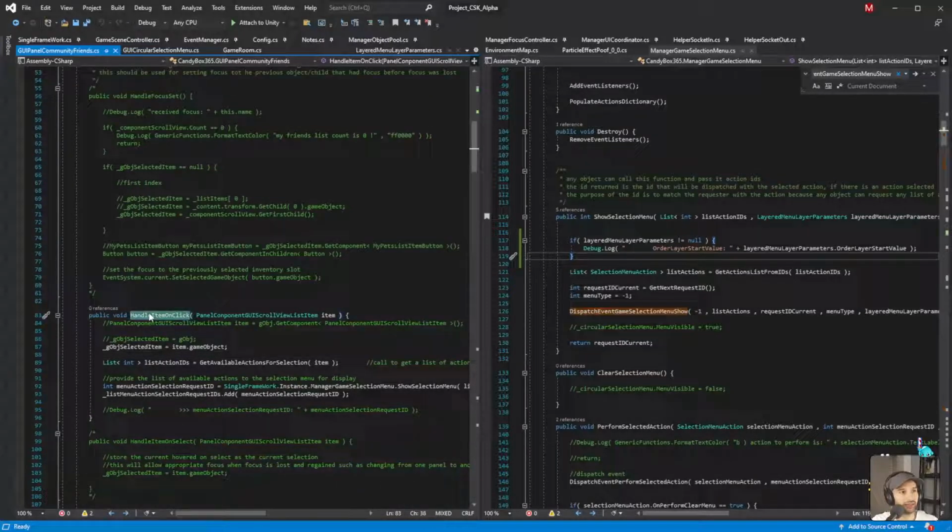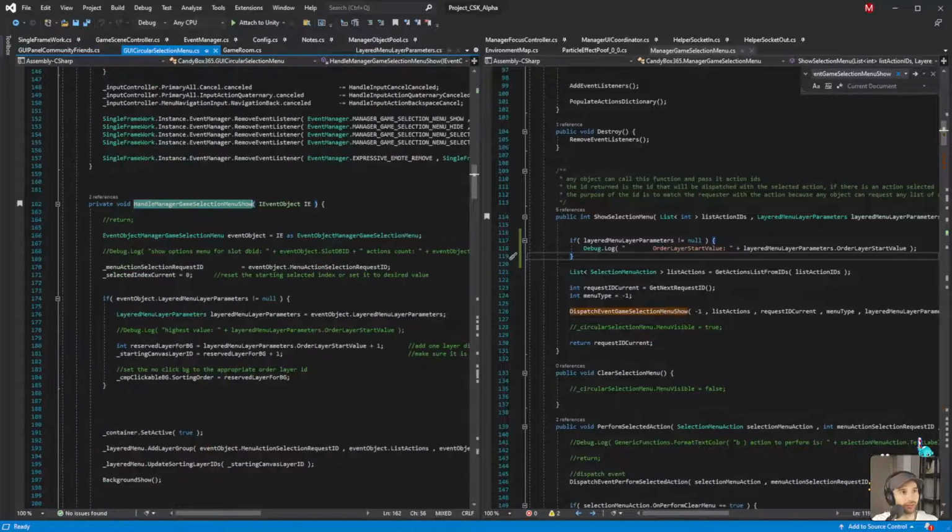Let's see. Not on the on click. I want to go from here and I want to go backwards. So if this does not equal null,